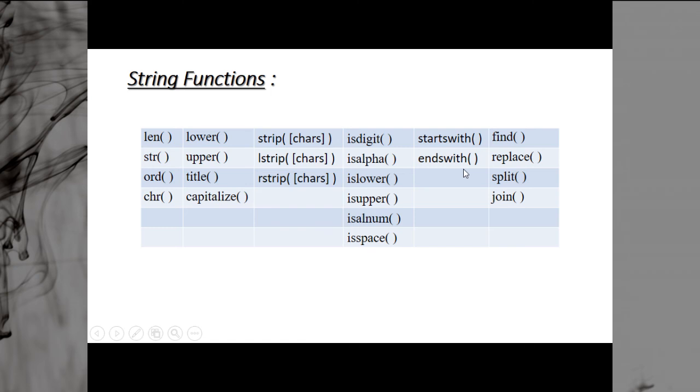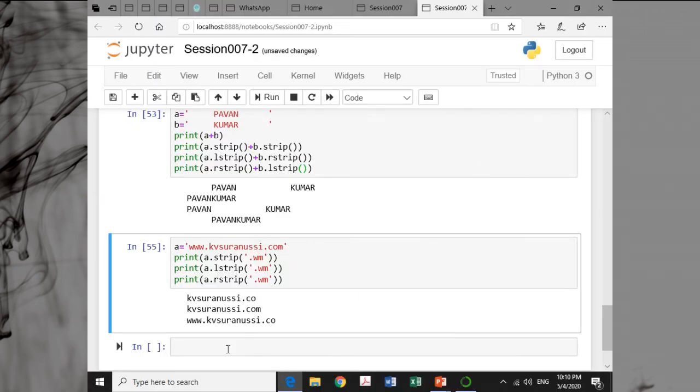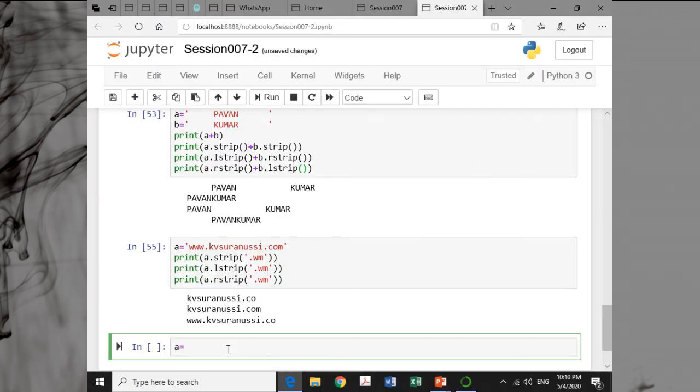Then we have startswith and endswith. They are used to check whether the string starts with a particular character or ends with a particular character. Suppose your string is a is equal to, say, Kendriya Vidyalaya.